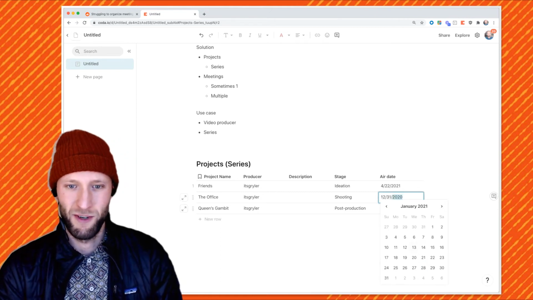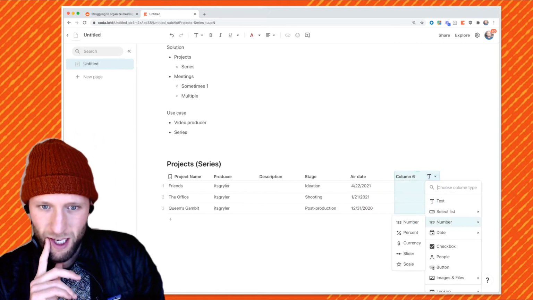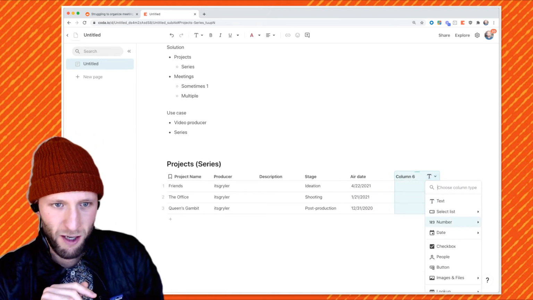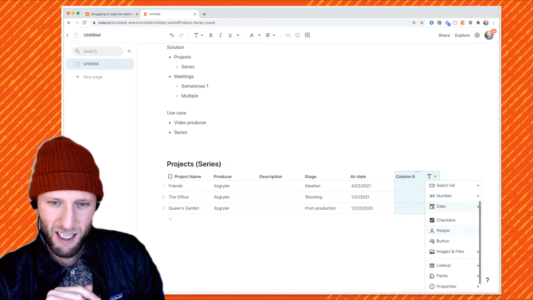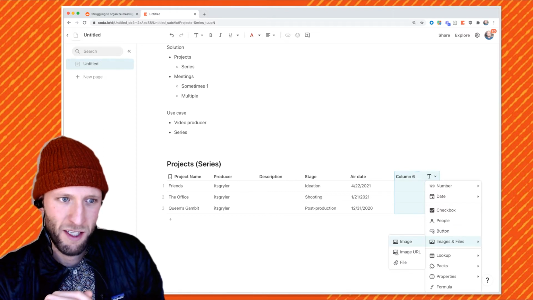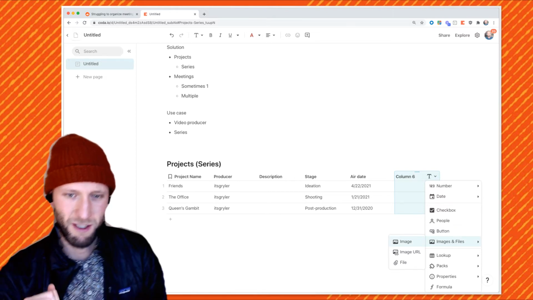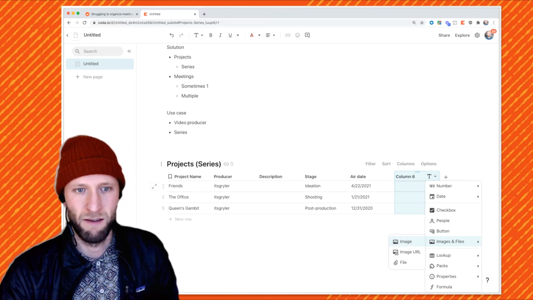Yeah, let's put out shooting a little bit as well. Cool, let's see if there's anything else that we would want to keep track of. We might be able to do a percent done, even though the stage kind of tells us there. I'm feeling pretty good about that. Most people like to put an image of the project that you're working on. It just helps keep track of things, but we can leave that off for now.